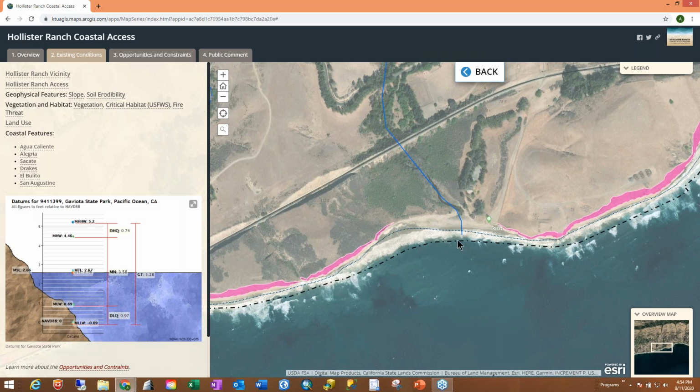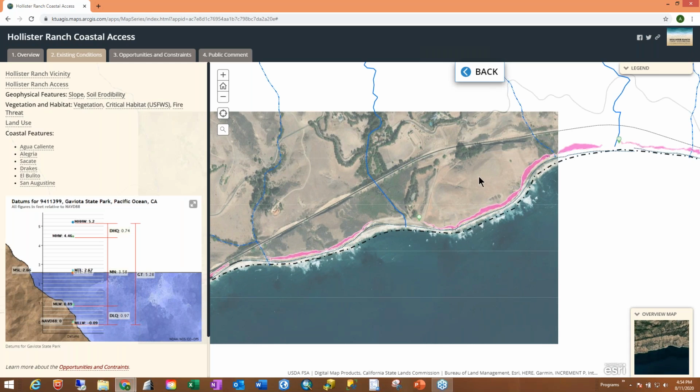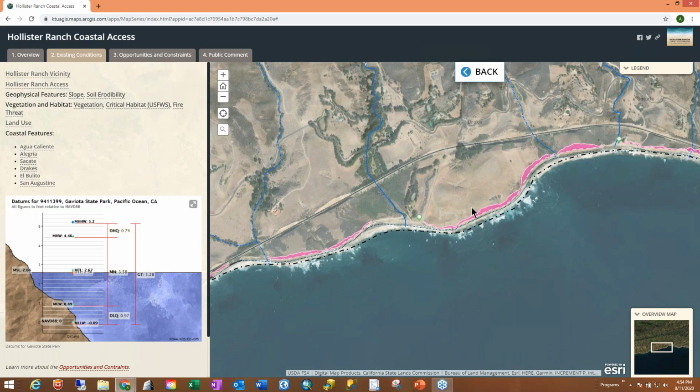Drake's, similar to Secate, has a wider break in the coastal bluffs, a wider beach, and no seawall directly adjacent to the beach. To give the view of Secate and Drake's,